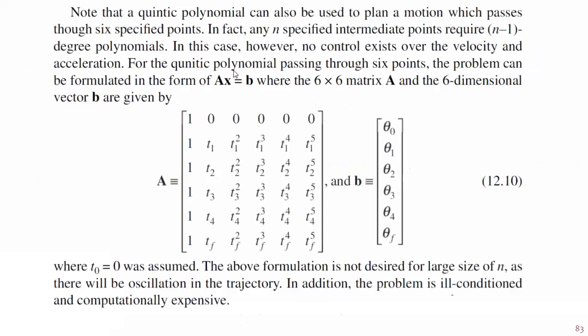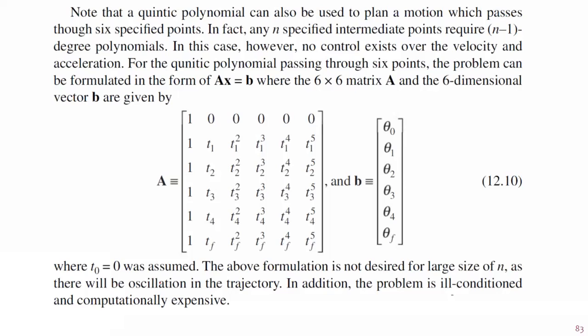Note that a quintic polynomial can also be used to plan a motion which passes through 6 specified points. In fact, any n unspecified intermediate points require n minus 1 degree polynomials. In this case, however, no control exists over the velocity and acceleration for the quintic polynomial passing through 6 points. The problem can be formulated in the form of Ax is equal to b, where the